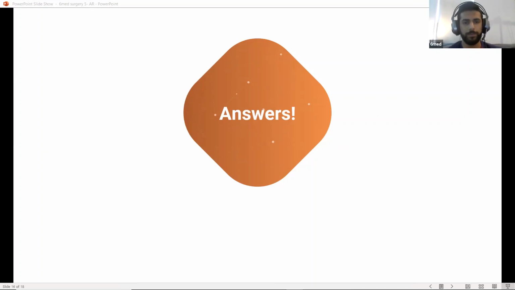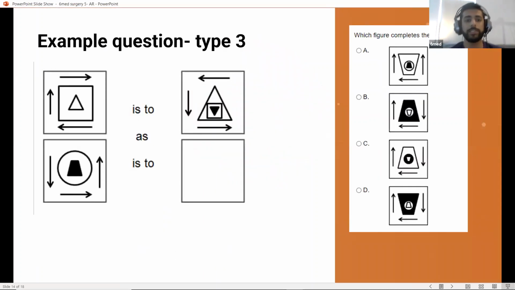So again, I'll talk you through my thought process here. With this type of question, you're comparing the top two boxes. I don't like the way they format it. That's the actual way you'll see it on your exam. I don't think it's particularly clear. I think they need to separate the boxes a bit more. But essentially what we're looking at is what's happened from the top left box to the top right box. And then you're applying that exact same rule to the bottom left box to come up with the answer. So again, obvious things, I look and immediately the arrows are pointing in a different direction.